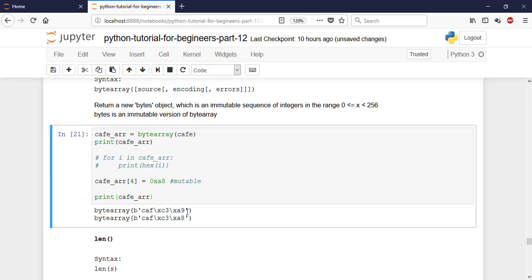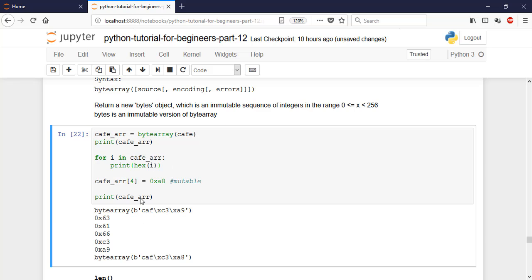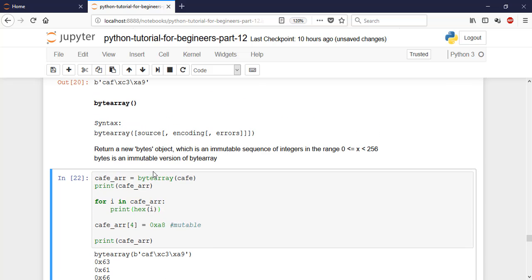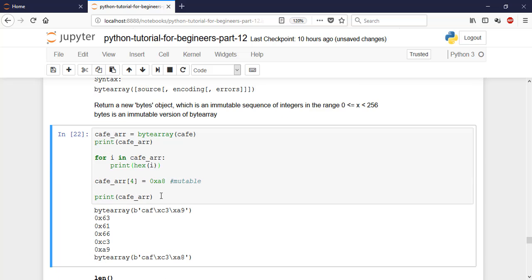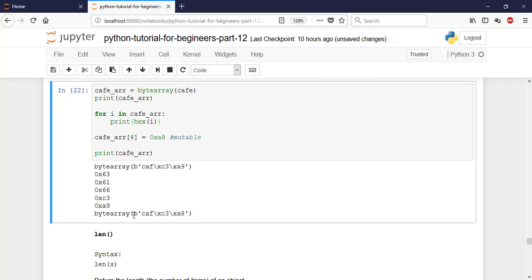So see here, earlier it was 09 and here it is 08. So we can see the contents by using a for loop in a hex format. If you see, the last special character is 09 that we are changing it to 08. So that's why we got a byte array cafe xc3 and xa8. Fine. This is mutable. To just show it's a mutable object, I have assigned a new value to the fourth element